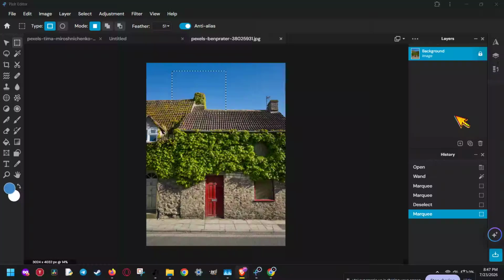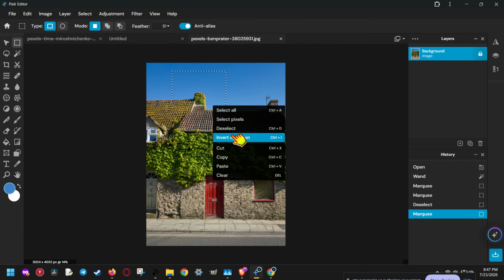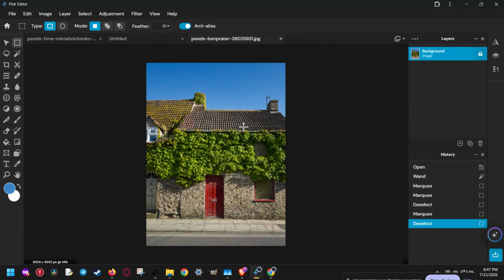In this video, I'm going to show you how to duplicate a selection in Pixlr quickly and cleanly, so you can copy part of an image, move it to a new spot, and keep everything on its own layer for easy editing. This is a super useful trick for creating duplicate objects, repositioning design elements, or making quick compositing edits